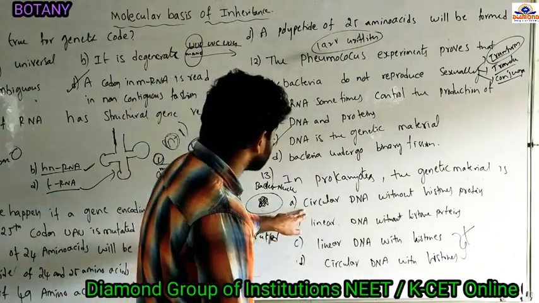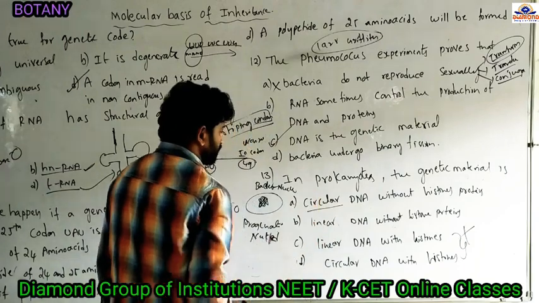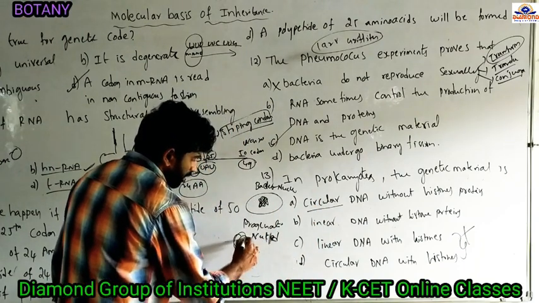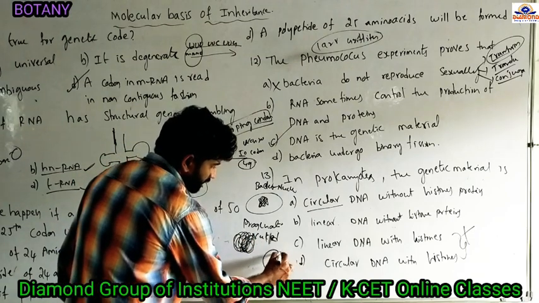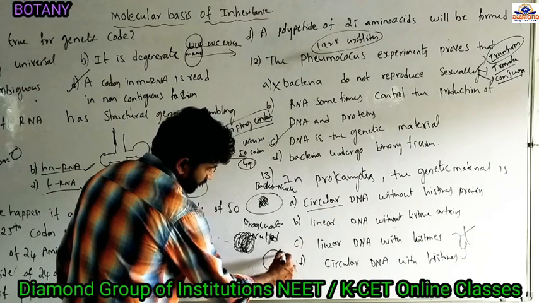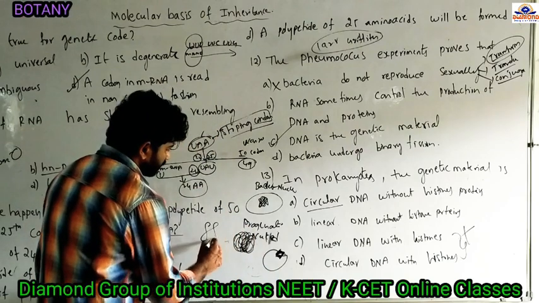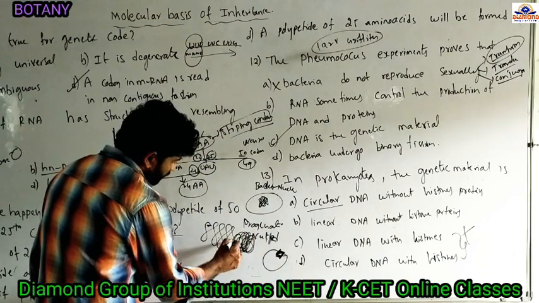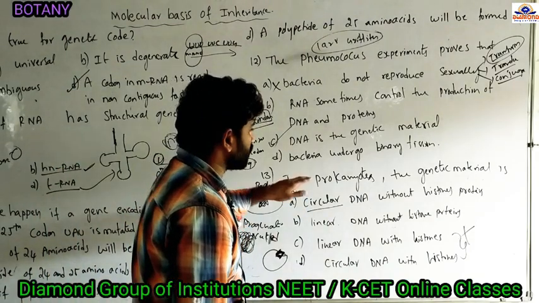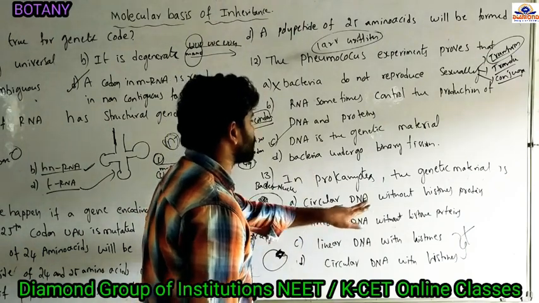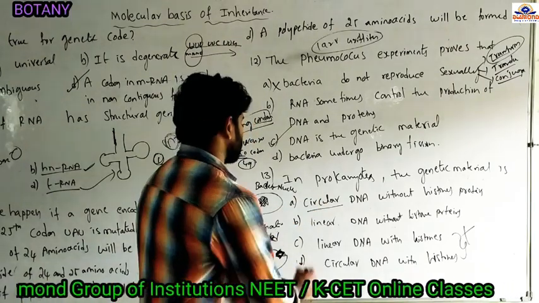It is present in a circular or linear form. In a prokaryotic organism, the genetic material is present in the form of a circular structure with many foldings. The two ends of the DNA are connected together; this is one end and this is the other end. That is called circular. And the linear structure of the DNA is one where the two ends are not associated together. So in prokaryotes, the genetic material is present in circular form without histone protein. Histone proteins are absent and the two ends of the DNA are connected together. So that's why the answer is